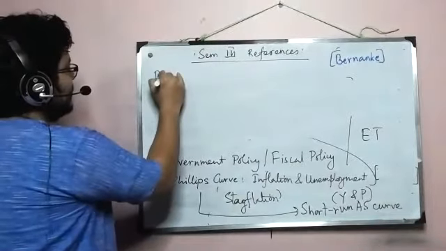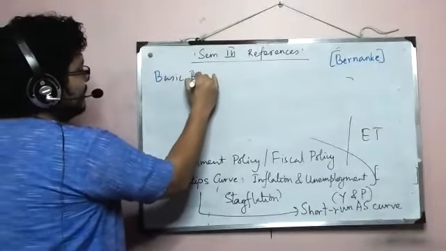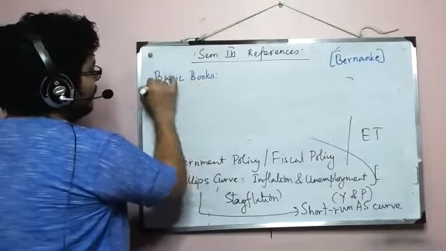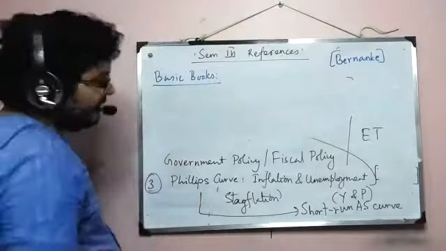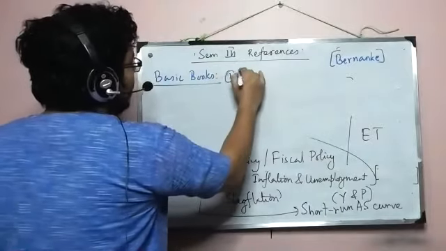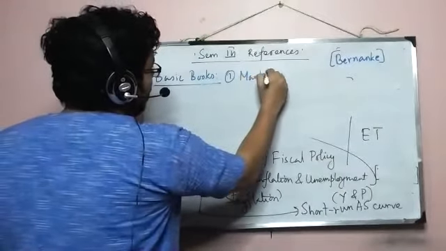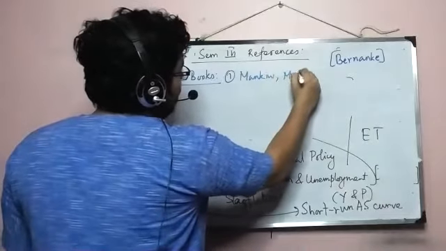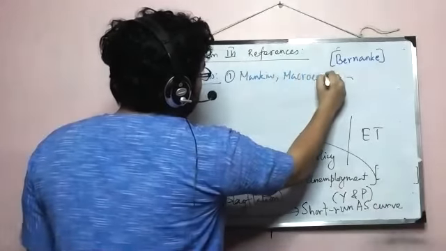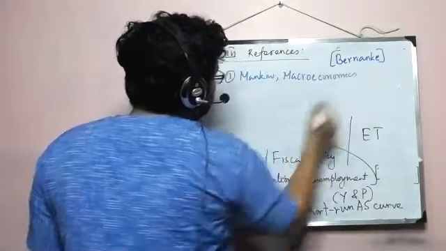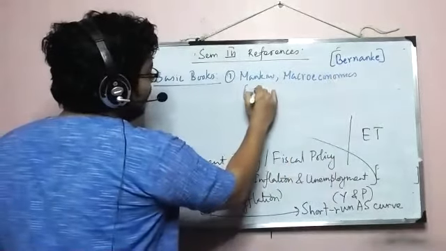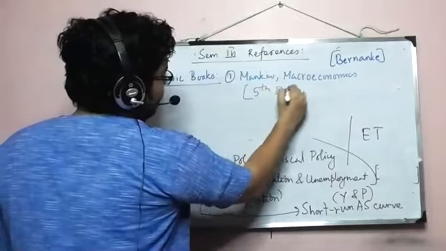So the basic books are obviously the two you may already have or solve problems. Number one is Mankiw's macroeconomics. Okay, not principles or anything, just macroeconomics. And for this, I will say it is better if you have 5th edition